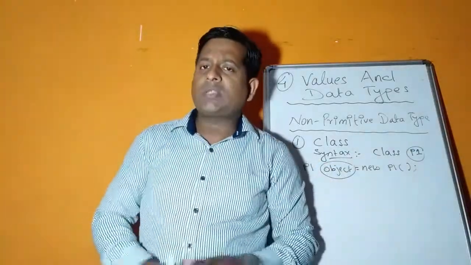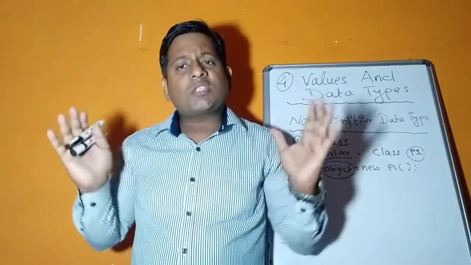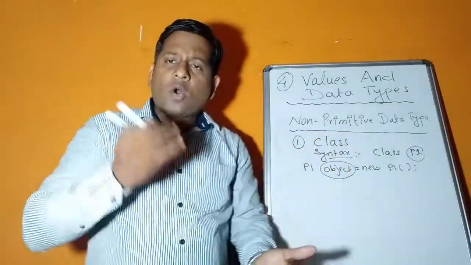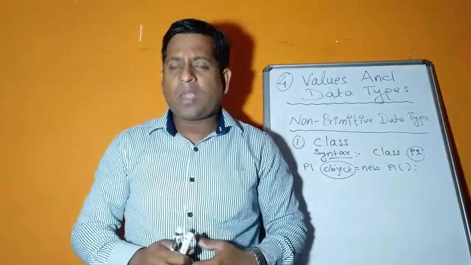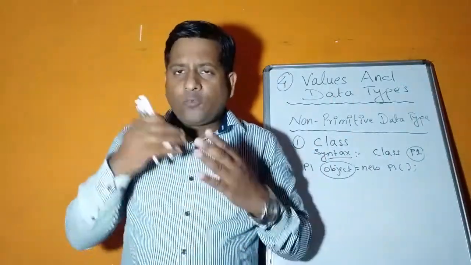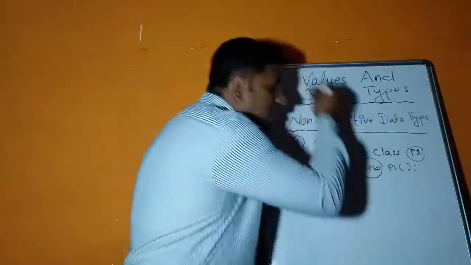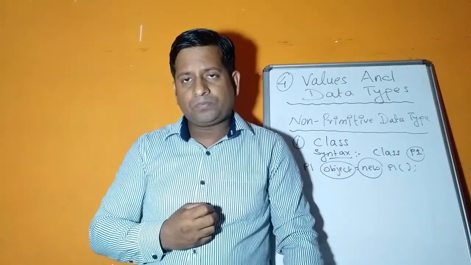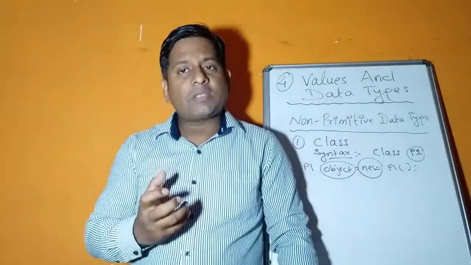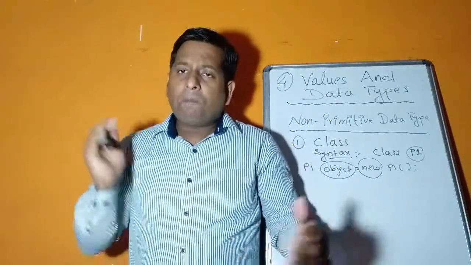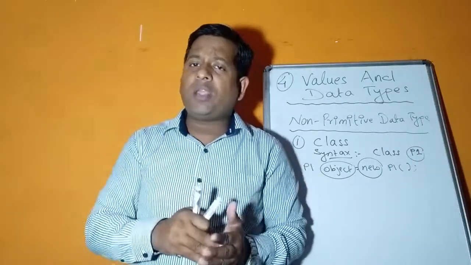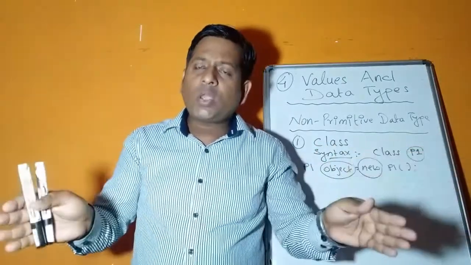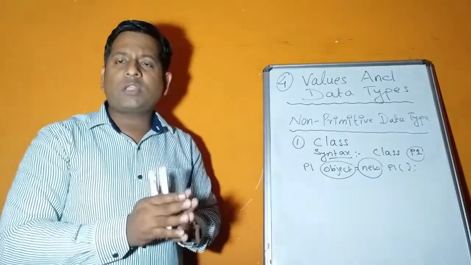Now as I told you, every primitive data type has a storage bound, isn't it? But for non-primitive, how will the compiler come to know that there is no limit, and how will the storage be created automatically? For this we are using one keyword, that is new. The new keyword is used to allocate memory space randomly in a program. That means based on the user input, what the user is feeding in the computer, the storage capacity is created automatically. That's why we say that there is no limit, there is no bound for the storage in the case of